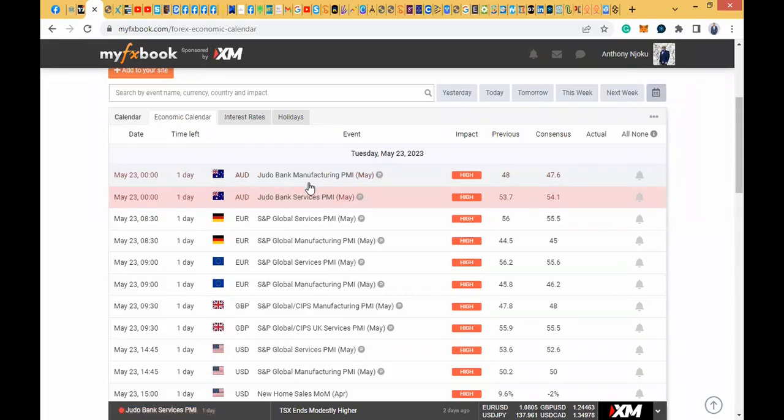Judo Bank Manufacturing, AUD Judo Bank Service PMI. This is Euro S&P Global Service PMI. This is S&P Global Manufacturing PMI. This is S&P Global Service PMI. This is S&P Global Manufacturing PMI. So that is it for